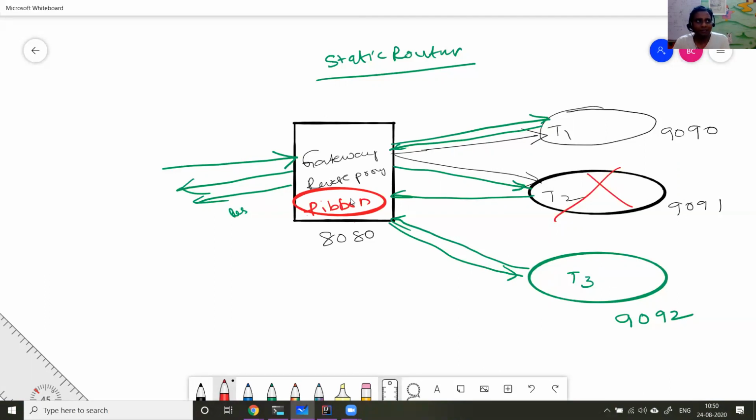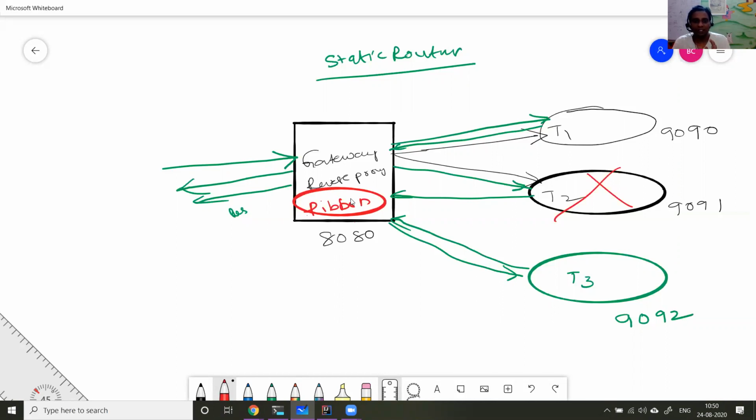The Netflix Ribbon client is a deprecated project, under maintenance. We will see the ways not to use it. But the majority of applications now, which are in a maintenance or production state, are using the Netflix Ribbon client. I thought it's very important for people to understand it, so I used that. There will be a follow-up video where we will not use the Netflix Ribbon client, and we'll use the Spring Cloud Load Balancer component. It is a replacement for Ribbon that we are going to use.